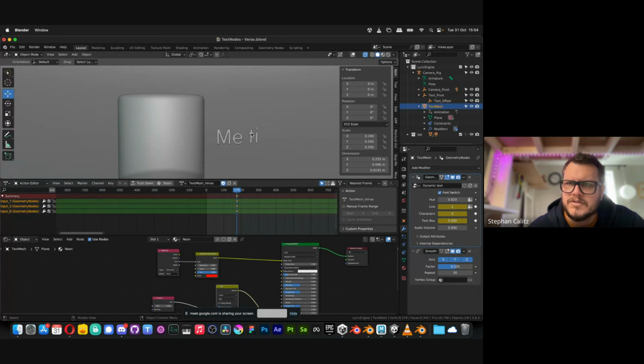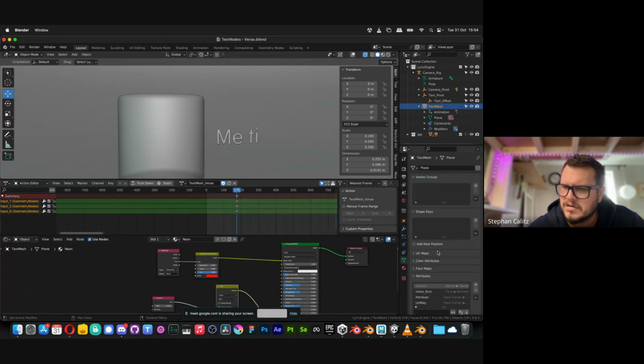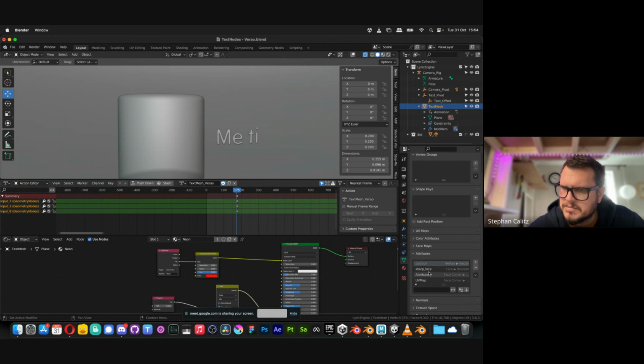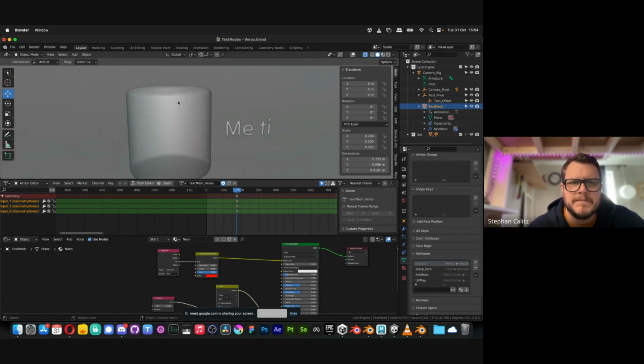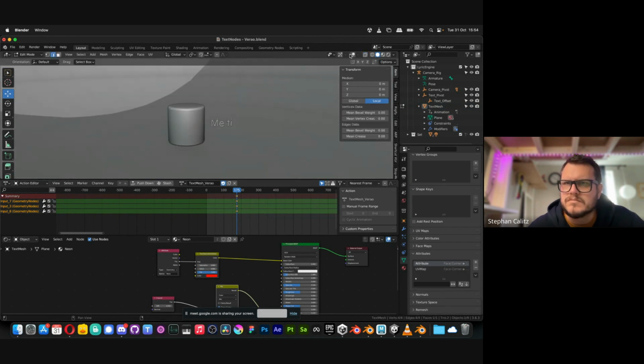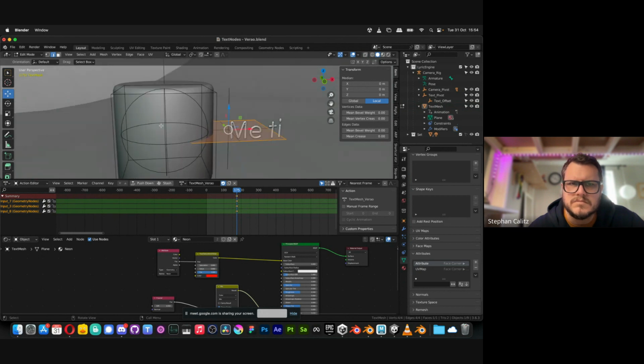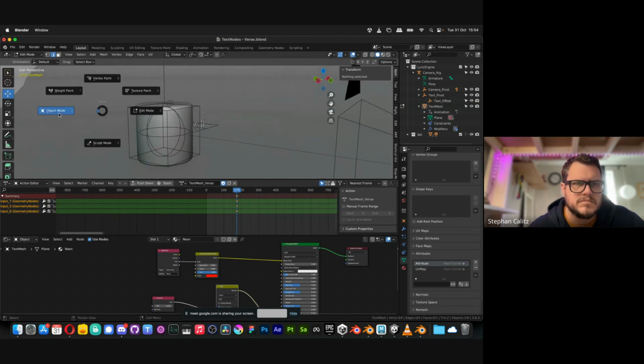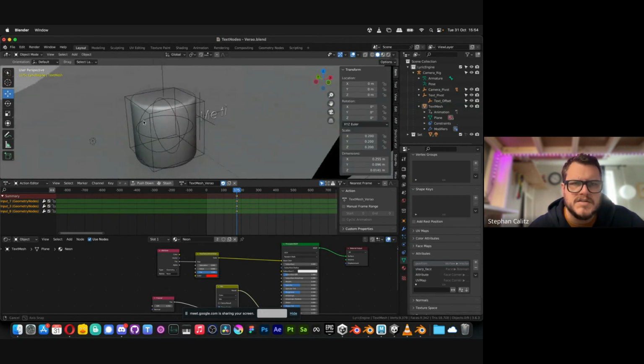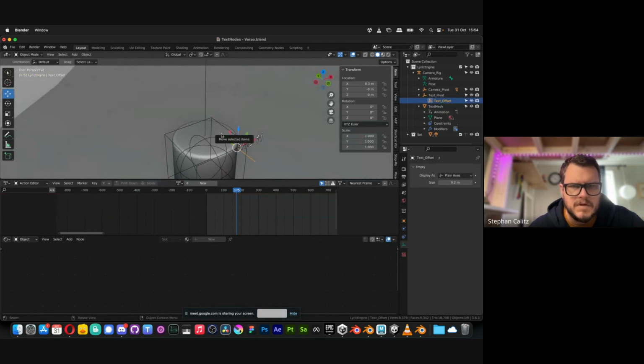I might not be able to add attributes to it, or it has a bunch, so maybe not right now. I'm going to do it on this thing.